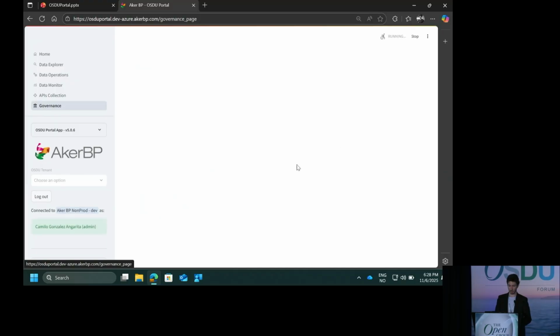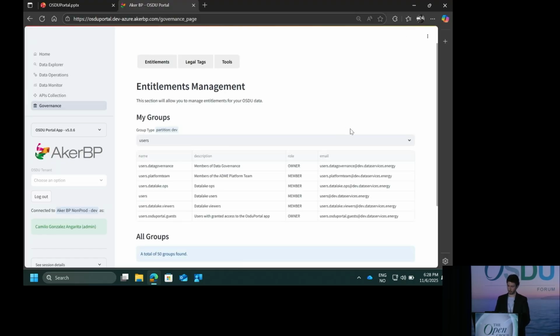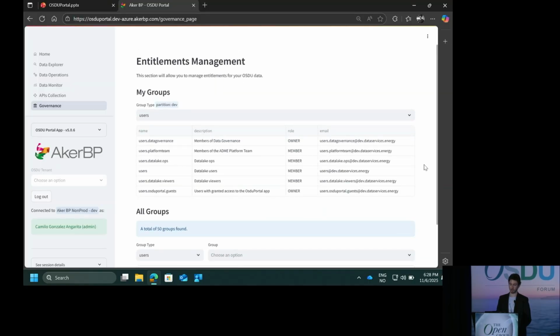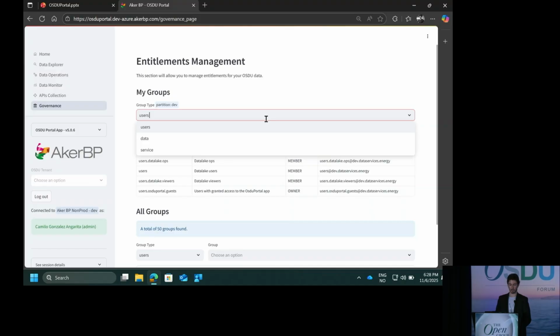Now let's take a look at the governance module. So this is basically for the platform governance part. We will go through the main services in this case. So starting with entitlements, and that will present the different groups that I'm part of based on the different categories. So we have users, data, and